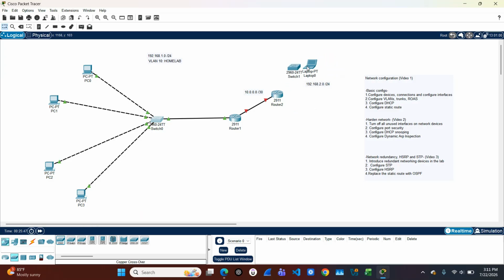Boom. Boom. There we go. In Cisco Packet Tracer you can also use this option, automatically choose connection type, and it makes your life easier. You go boom, and you can do the same thing with switch to the laptop. There we go. All right, so now that we've added this,